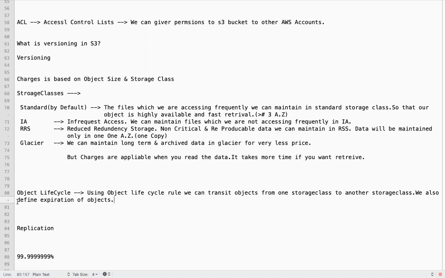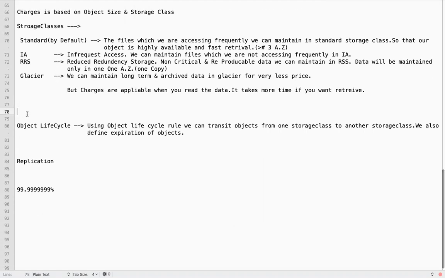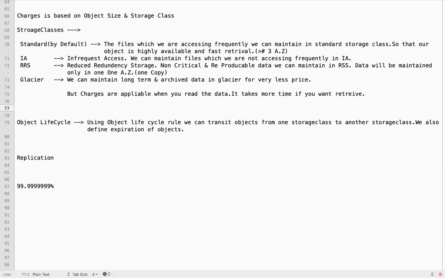Suppose I don't want to maintain the objects which are 1 year old. And also I want to transition my objects from one storage class to another. Maybe for the first 30 days my object should be in standard, and next I want to move it to maybe Glacier or IA.